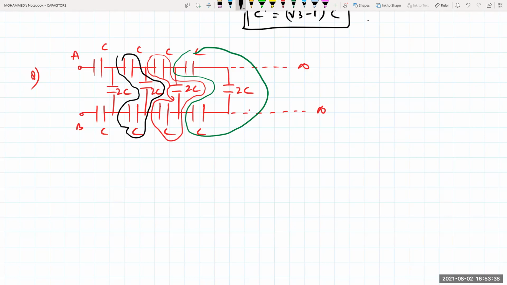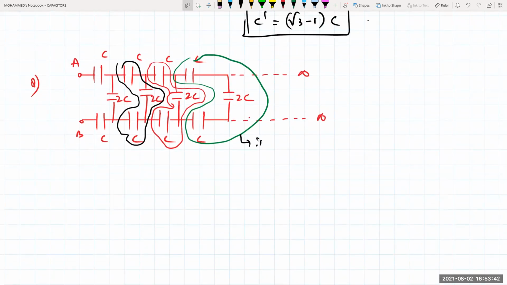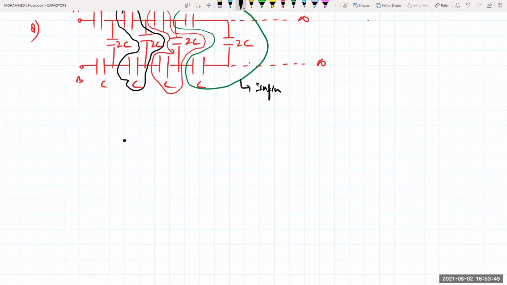So everything is 2C, 2C, 2C, isn't it? So what I'm doing, it is going up to what? Infinity. Yes, we can take it as C dash. The first one I'm keeping as it is. There is nothing but A here. Here there is one capacitor, and here there is one capacitor, and here there is one capacitor. This is the terminal of your B. This is C, and this one is your 2C.